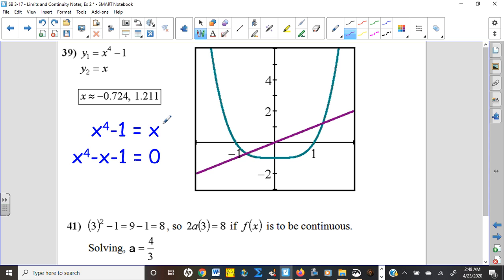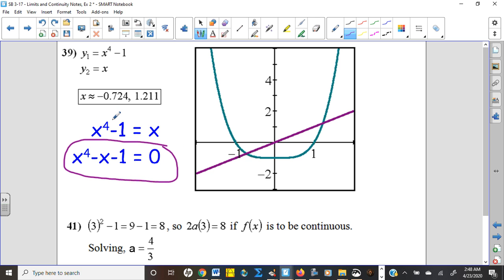So it's asking, is any x exactly 1 less than that value's 4th power? And so I just set up an equation here, and I'm like, wow, I don't know how to solve that. I guess I could have set it equal to 0 and then graphed it, but what